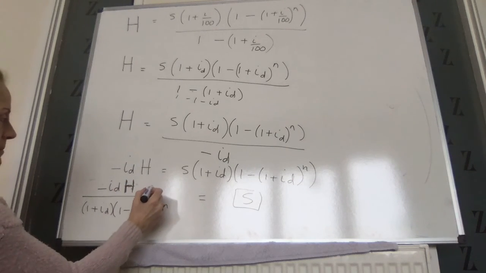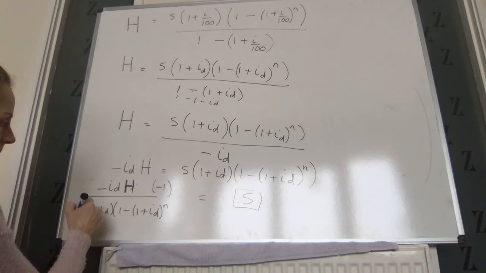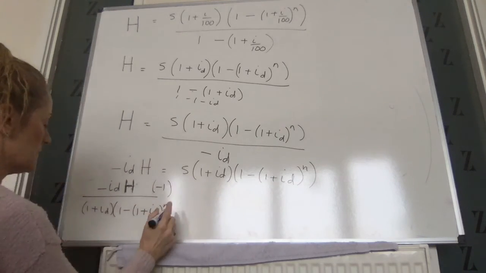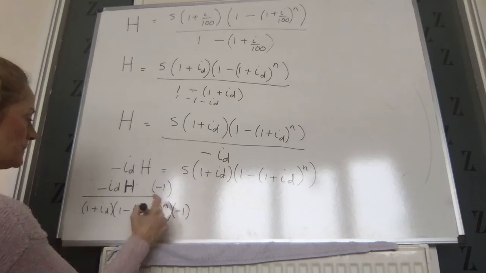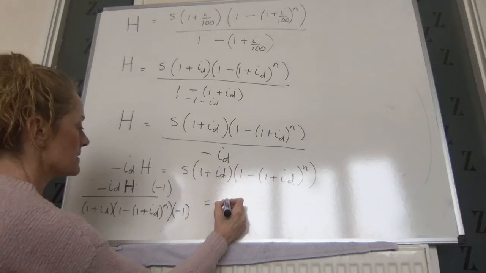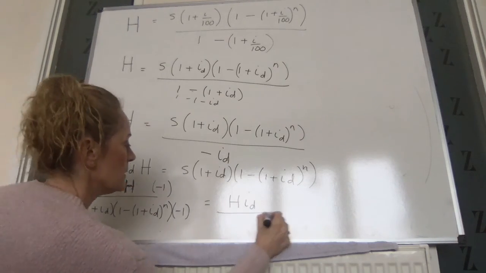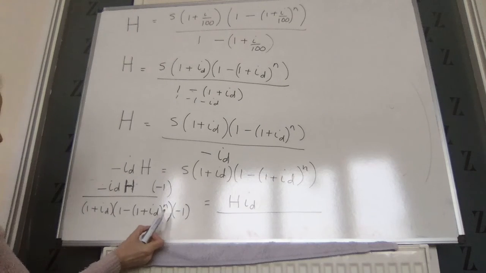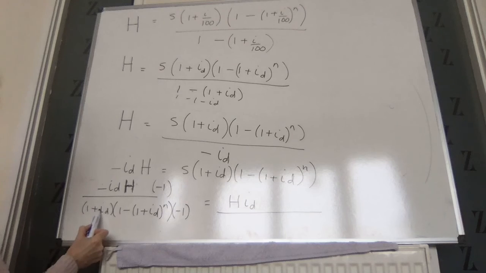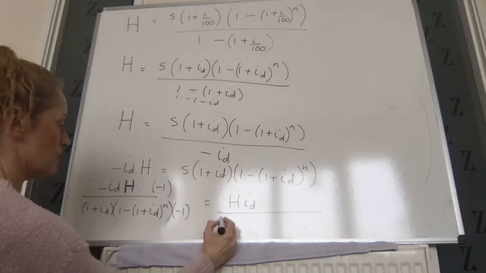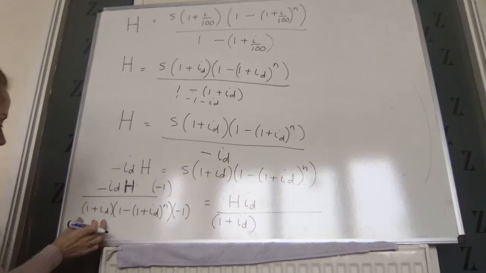If we multiply the top and the bottom by -1 to get rid of this minus, on top we are going to get H times the interest rate as a decimal over, now, we can multiply the -1 by this, and then the answer by this. So, we'll put the 1 plus the interest rate as a decimal, as it was,